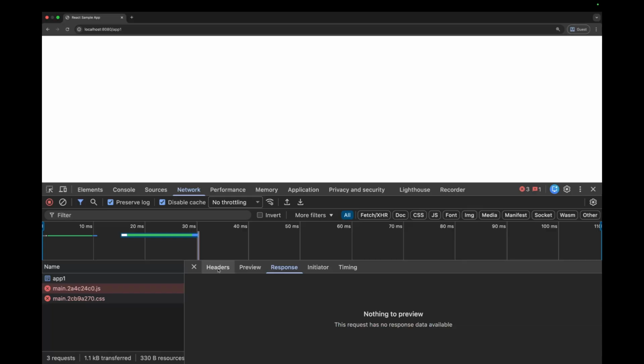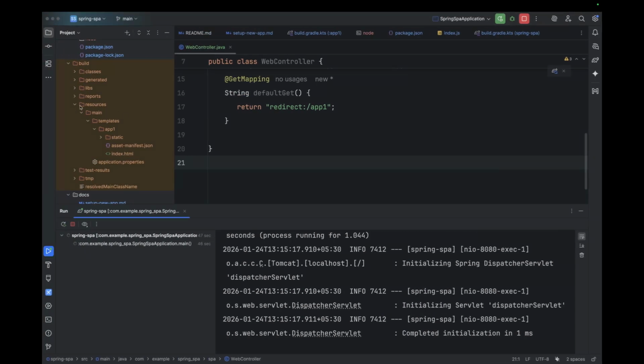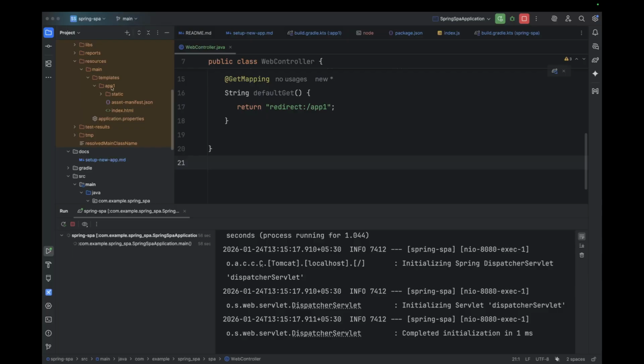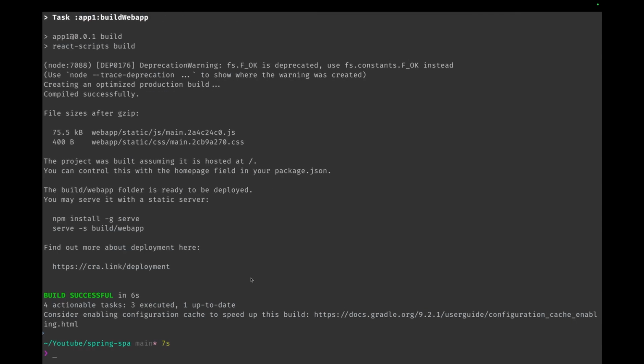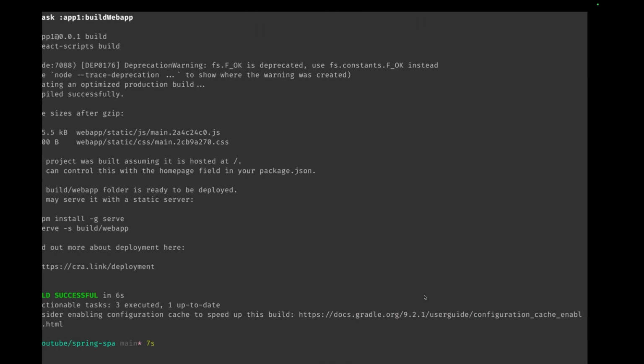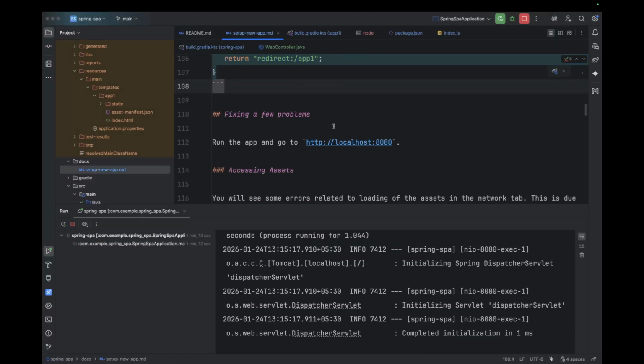But if you look at the requests for this JS and CSS, these requests are for slash static slash JS main. So it is trying to get the resources from this static directory, but this does not exist. By default it will try to look in the main static, but there is no static directory. The static directory is inside templates app1 static. So ideally it should ask for app1 static js main dot js, but that is not present there. So in order to fix this problem,